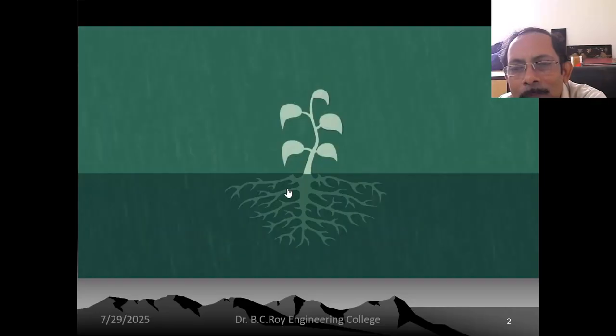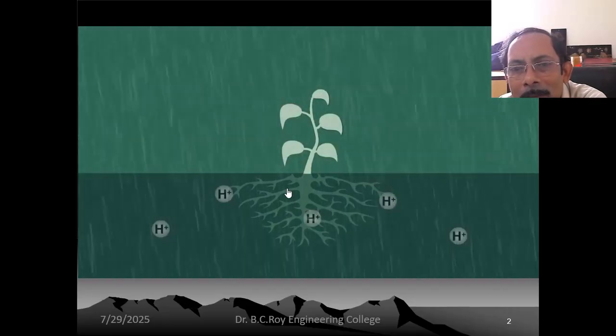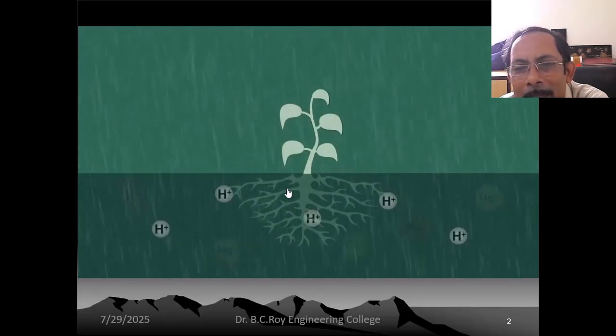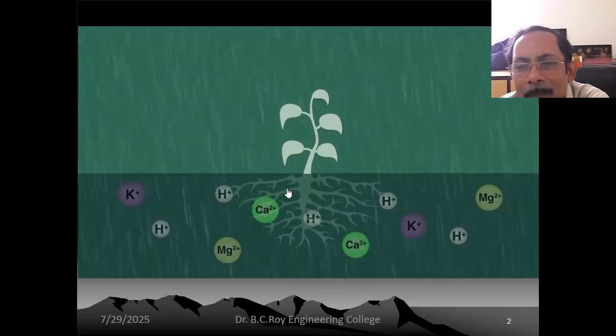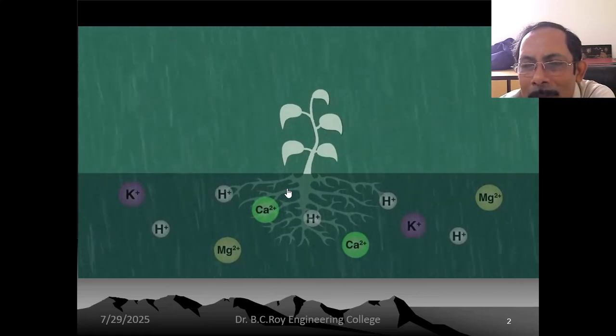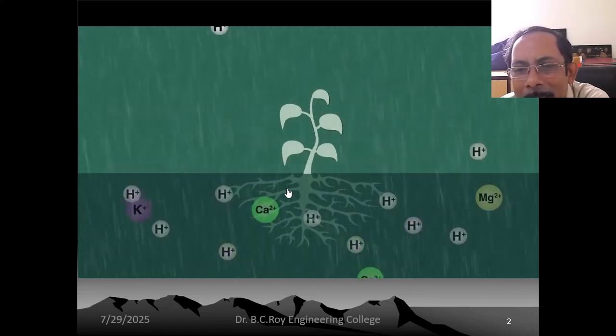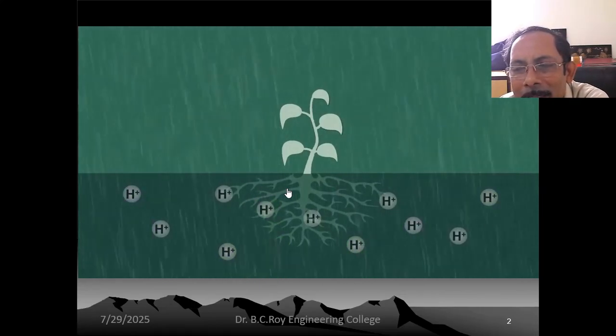To add to this, the hydrogen ions in the acid rain will replace essential metal ions such as potassium, magnesium and calcium, which are normally held in the clay soil. Causing these essential metals to be washed deep into the subsoil, away from the roots of the plants. Now in acidic conditions, these minerals are soluble, and some of them are insoluble.